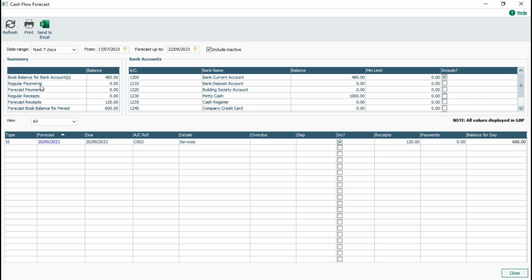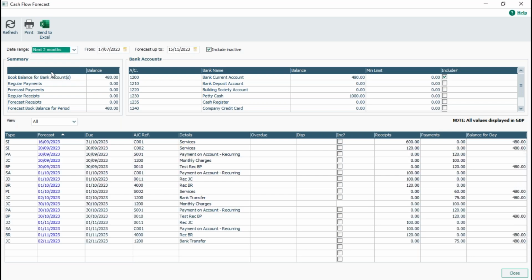So what do these mean? What transactions are going to be included in that list, basically? Now, I've got loads of transactions already entered. So what I'll do is change that forecast to the next 2 months, so we can see, actually I've got more transactions than that. Now, a regular payment, this one at the top here,